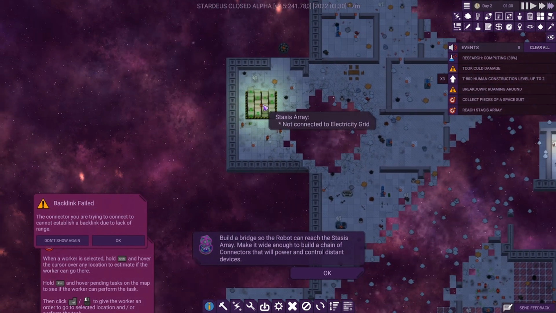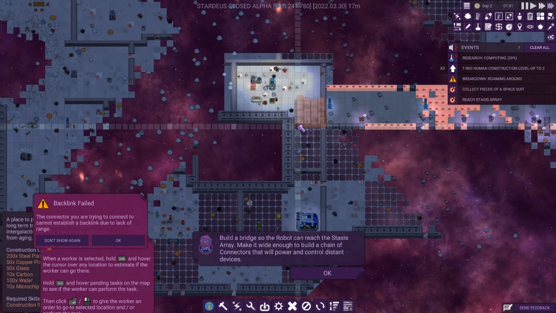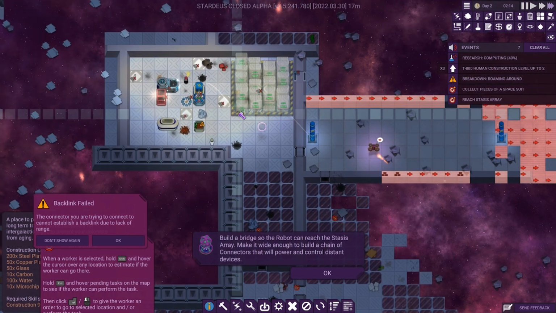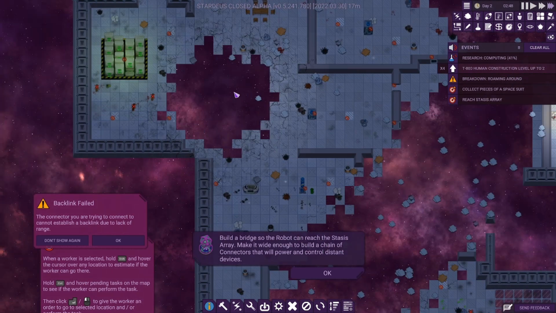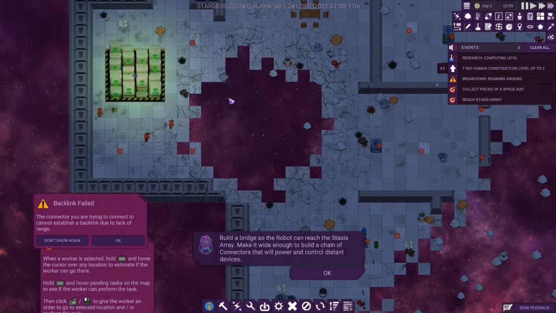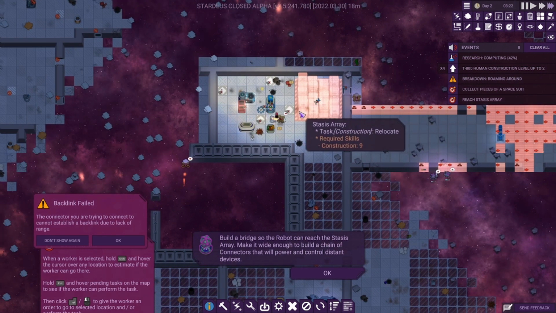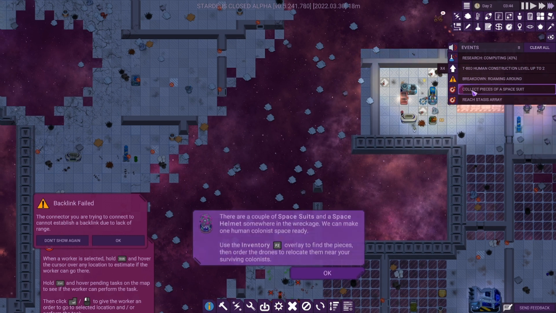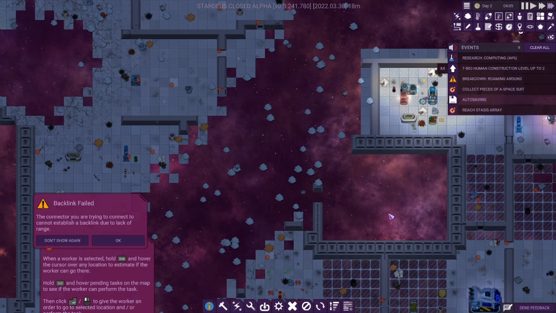Now what I want to try and do, I think I should be able to do this. I never thought if I could do this before. But we can relocate that. There. Which means we've already got a setup area, because what generally tends to be an issue. Yeah, so build a bridge. So what's happened now is that you can get pieces of spacesuit, reaches stasis. Right, so